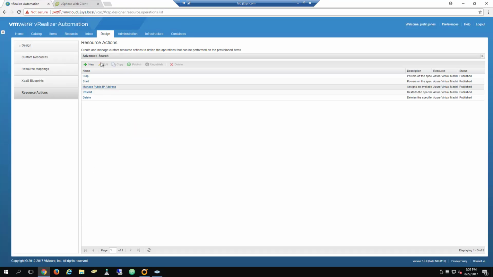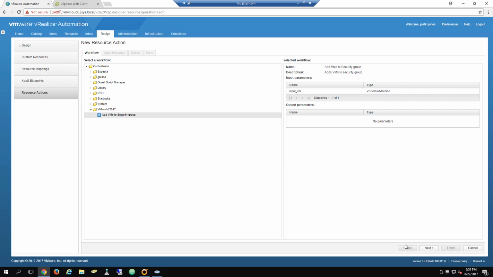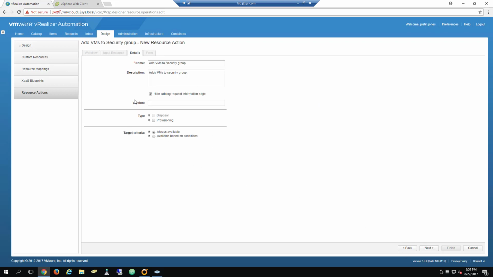So if we come back here, we're going to do a new resource action. The first thing it's going to ask us is, what workflow do you want to use? We're using this add VMs to security group workflow. Click next. It automatically detects the resource type. The input is an input virtual machine. Go ahead and click next. And then this is the name that it's actually going to show up as on our virtual machines for the activity. So I'm going to call it request SSH access, and the description will be request shell